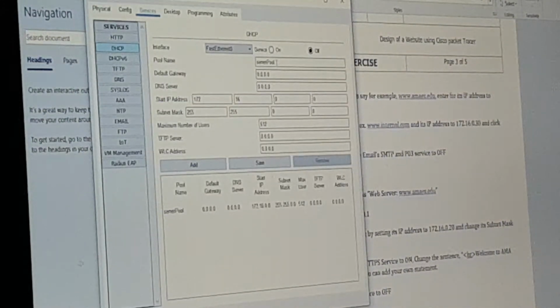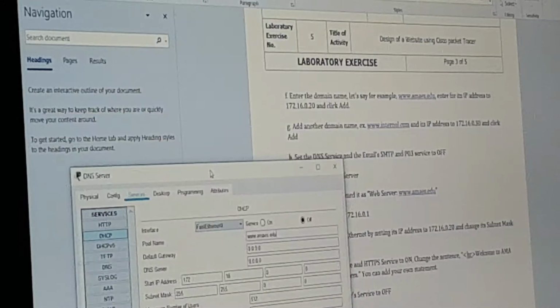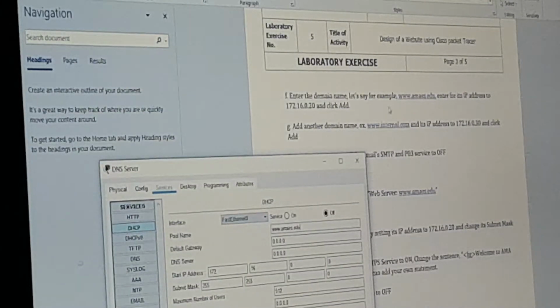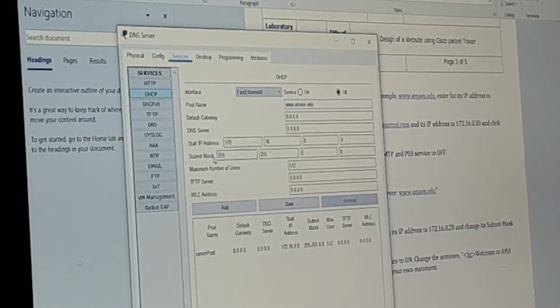So I need to put the www.ama.is.edu and put the IP address 172.16.0.20.